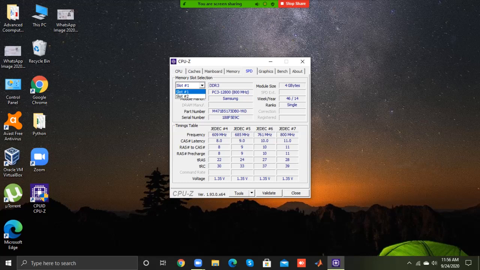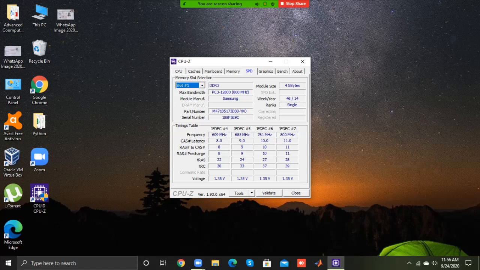In this case, there are 2 slots available. So now we get information about the memory regarding each particular slot. The memory type is DDR3. Module size is the amount of memory on this one RAM module, not the entire system.